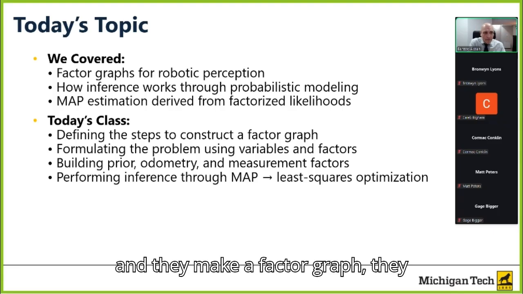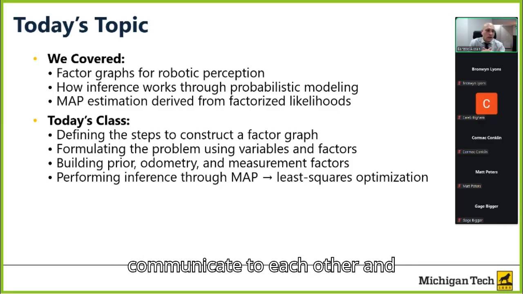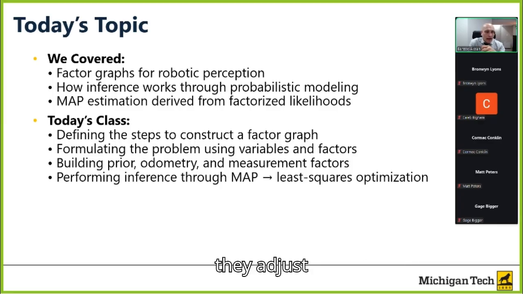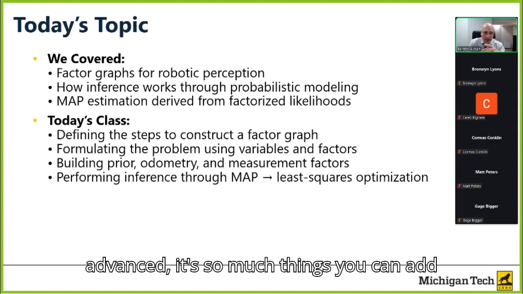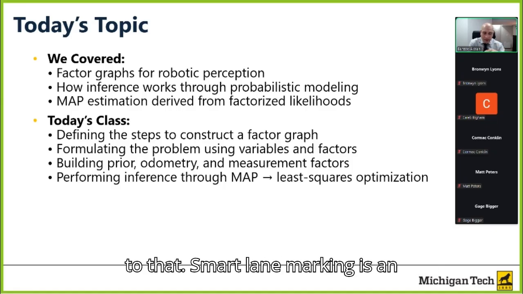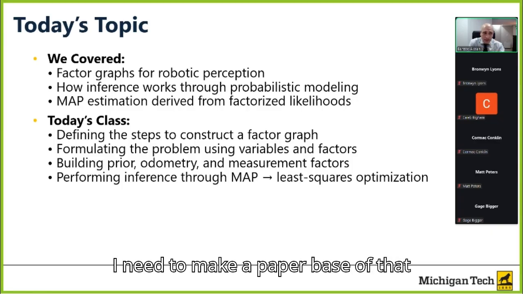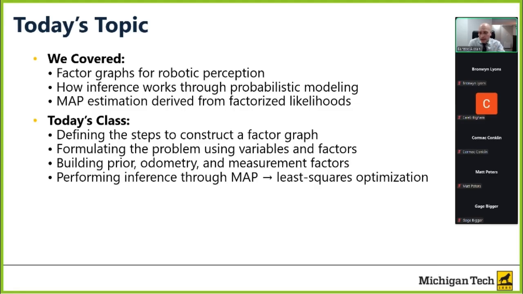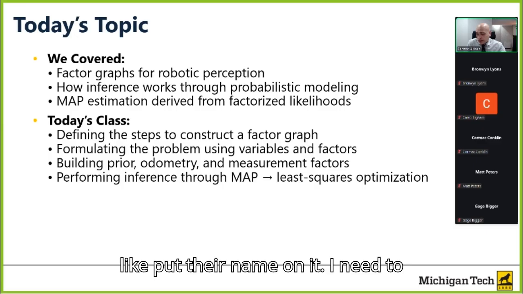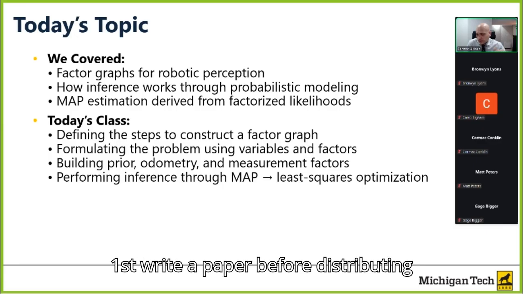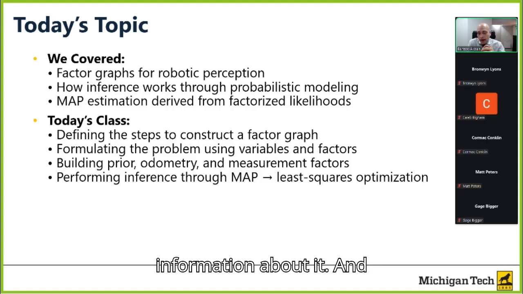And they make a factor graph, they communicate to each other, and they adjust their behavior. It's so advanced. There are so many things you can add to that. A smart lane marking is an amazing project. First I need to make a paper based on that, because I don't want anybody else to come and put their name on it. I need to first write a paper before distributing information about it, and so much more, especially